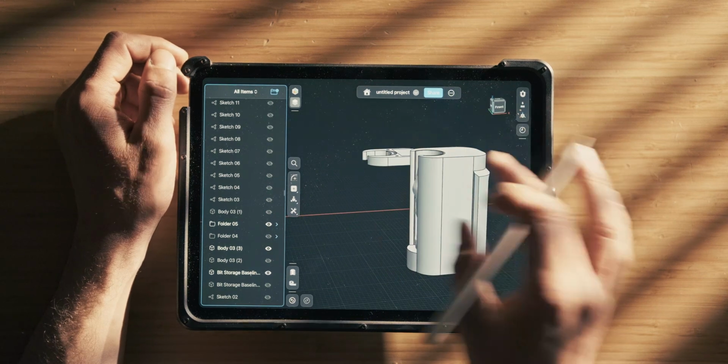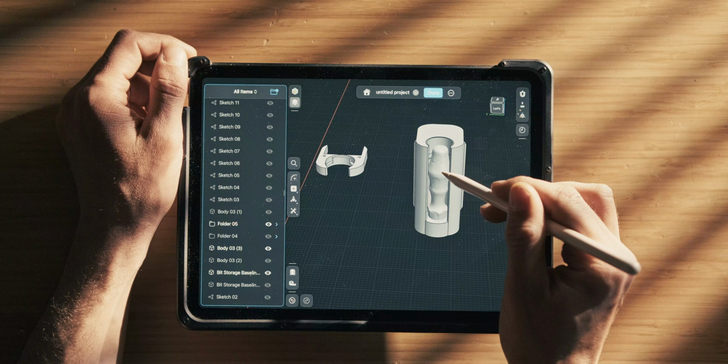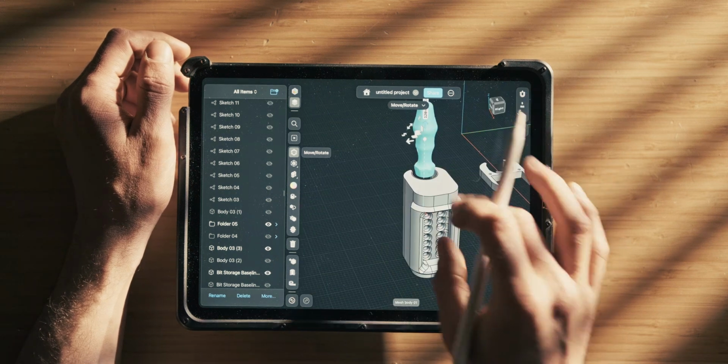Usually you'd probably use a different program to draw stuff out for the laser cutter. I actually do that in Shapr3D because it's capable of it, and it's really nice that if you have a 3D print, you can immediately complement that, right? But the design that I came up with for this one is pretty rudimentary, just an example for this project essentially. I want to create a tiny little toolkit with this ratchet in there in a really nice way